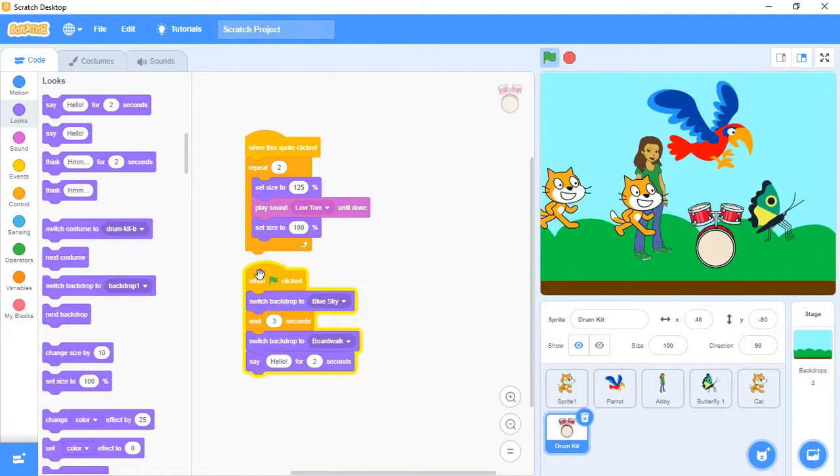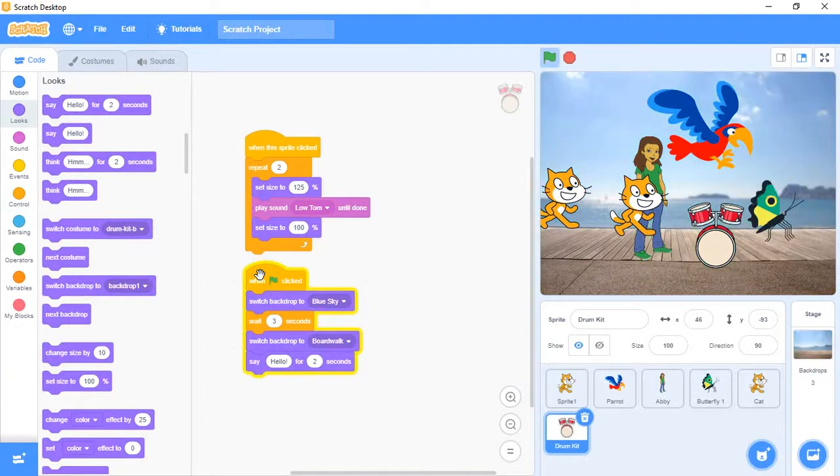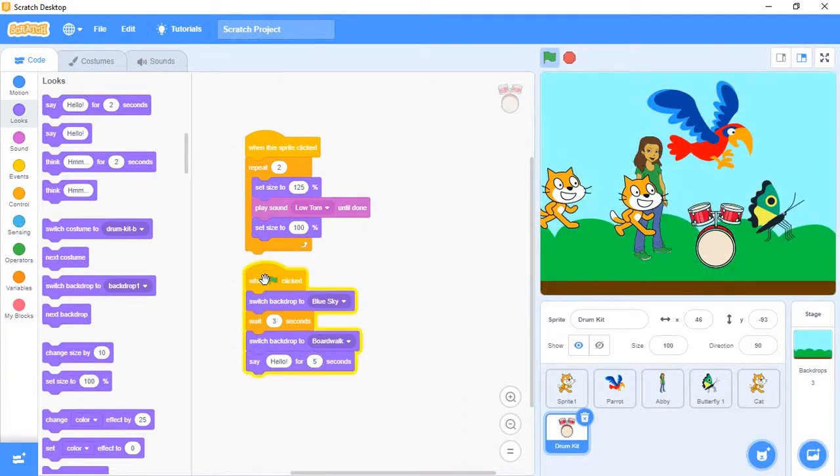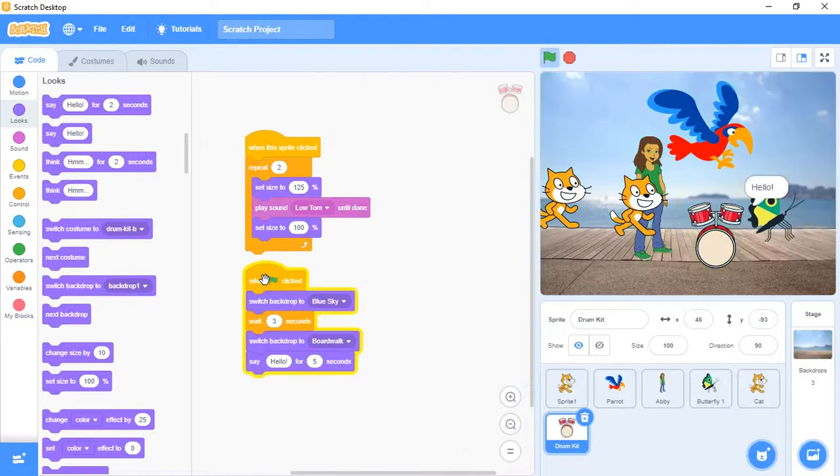See, hello. So a simple message. It will display for 2 seconds. If you want to increase, you can do it also. Till 5 seconds it will be there.